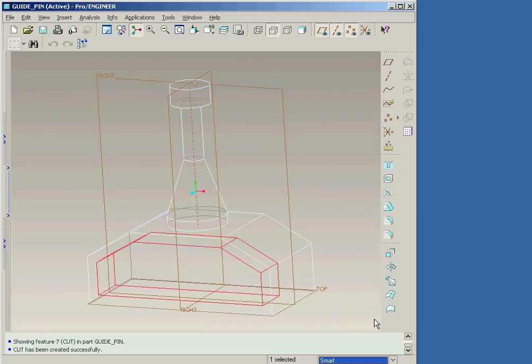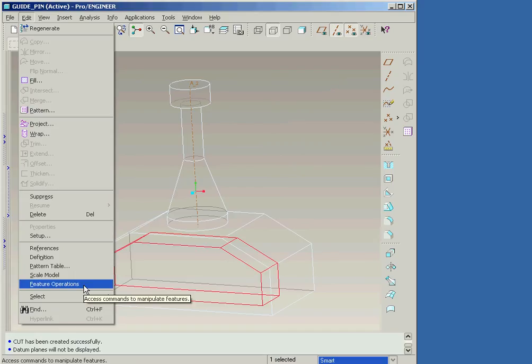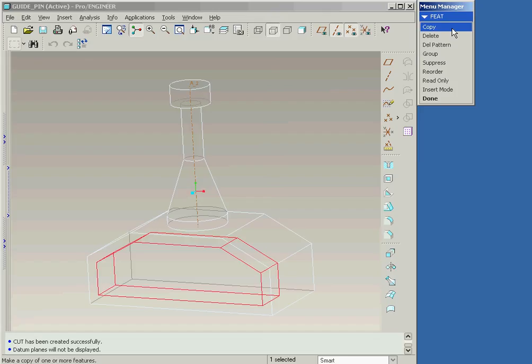We will now illustrate how a copy of the pocket can be created. Since the part is symmetrical about the front datum plane, we will make a copy of the pocket by using the mirror command. We will start by turning off the datum planes. And then in the pull-down menus, we will select the options, Edit, Feature Operations, Copy, Mirror,